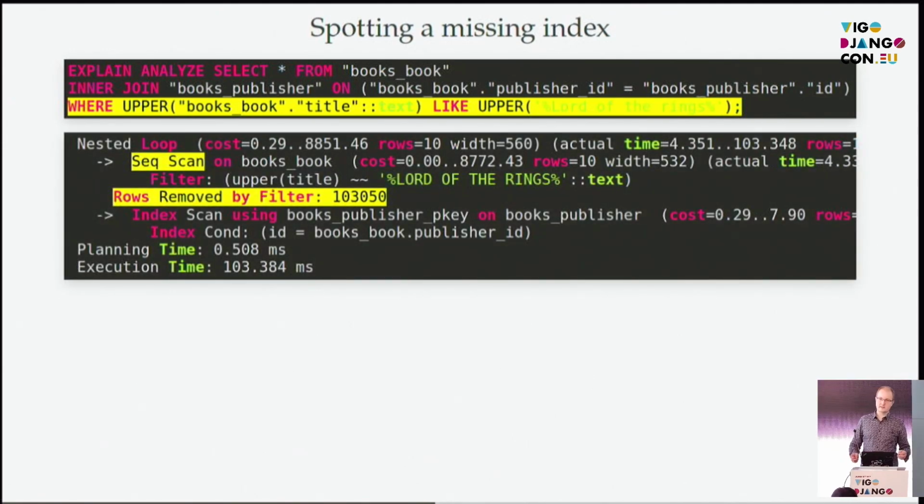And the query plan for this looks like this, and we don't need to understand everything that's going on here, all the numbers and repetitions and loops and so on, but there are a few key phrases to look out for. One of them is sequential scan, abbreviated here to Seq Scan. And what it means is that the database is going through the entire table, row by row, and checking one by one, does the title fulfill my condition? And as you can see, it says rows removed by filter,